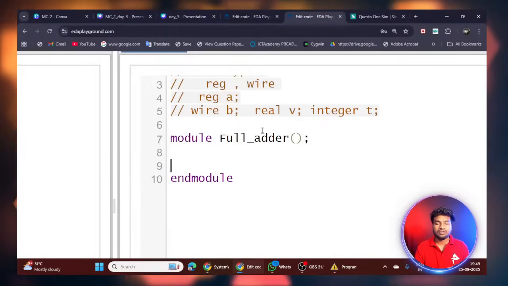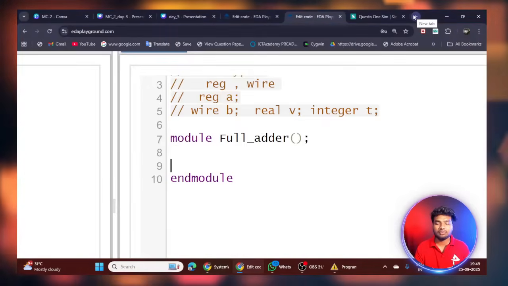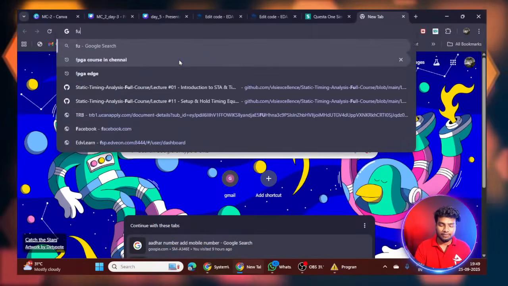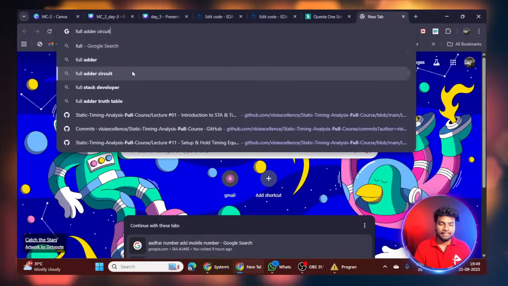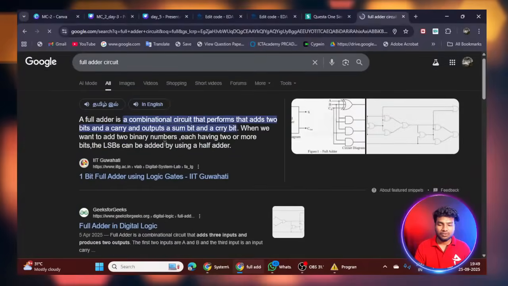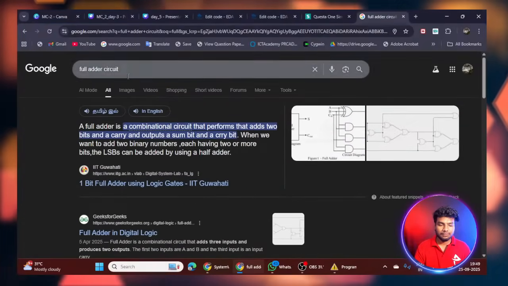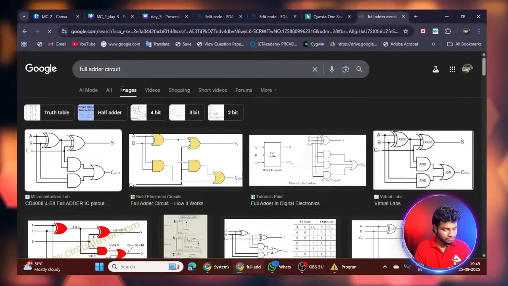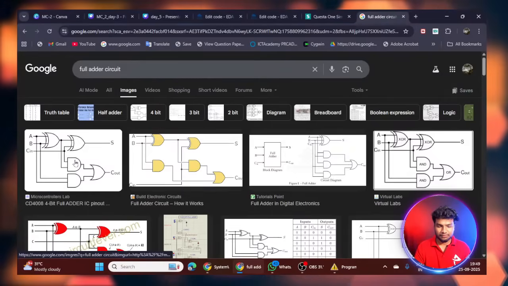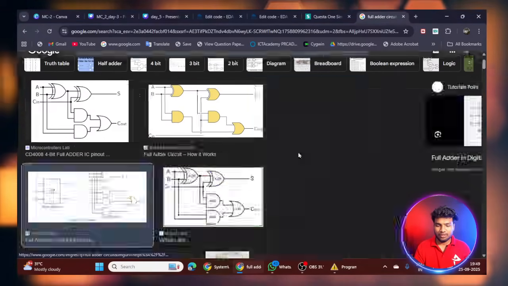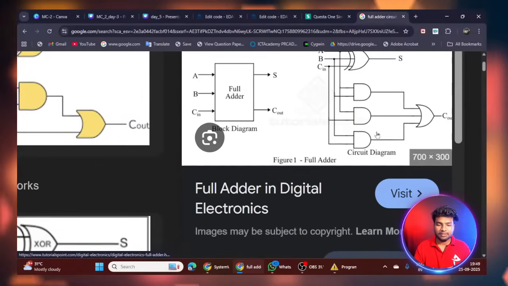So for a full adder, what is the logic? This is the full adder block diagram.